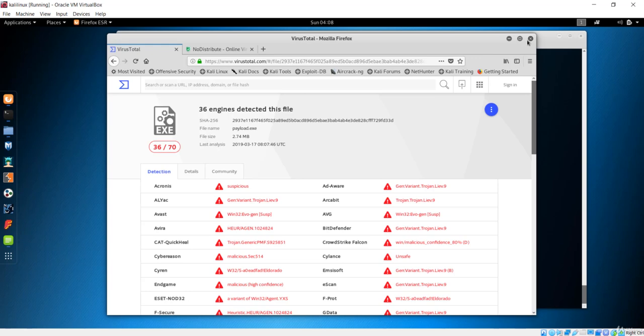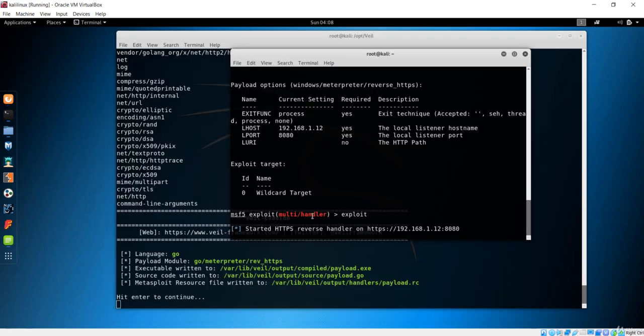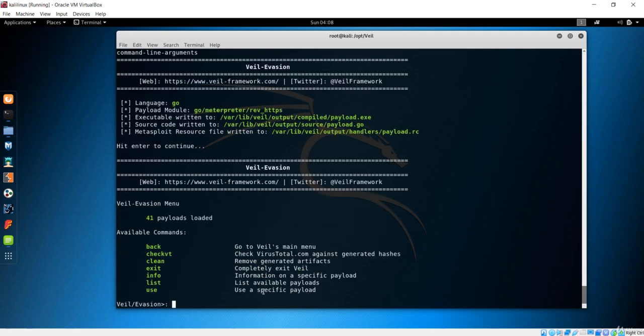So let's make something more powerful than this and try to bypass some of these antiviruses. Our handler is listening on this port, so we don't need to do anything over here. Instead we have to use the Veil framework to make another payload.